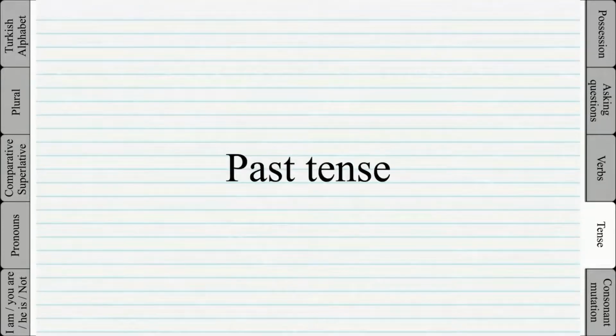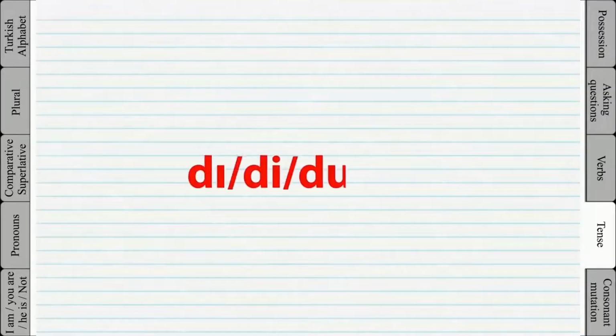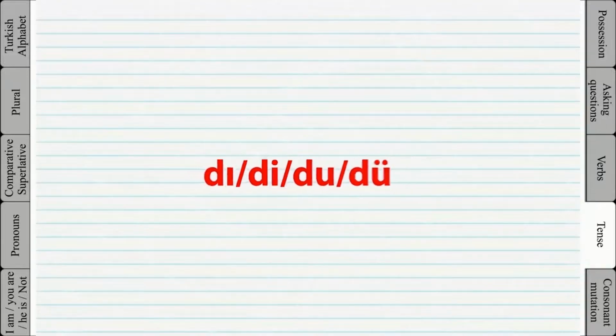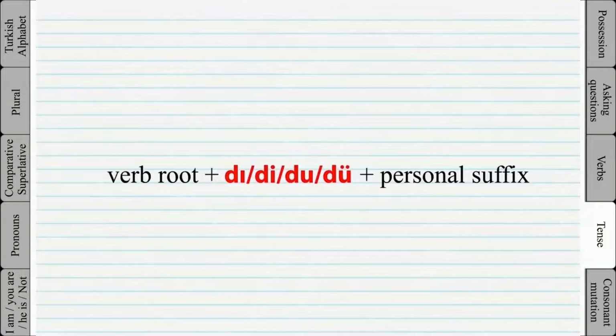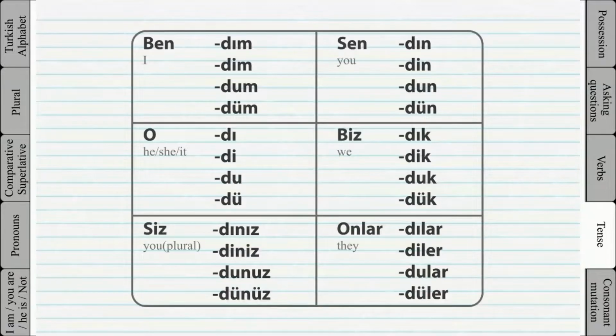Past tense. We learned how to add the present continuous suffix to the root of the verbs. To make a verb into the past tense, we use one of these four words. Now which one to use again depends on the last vowel of the verb. And we learned that based on the last vowel of the verb, the suffix changes. Same thing is true for the past tense. For example,